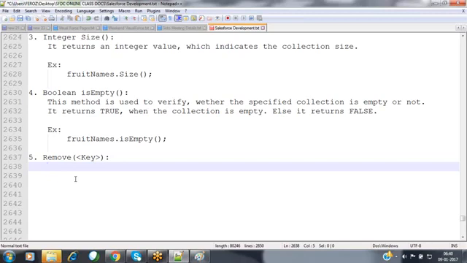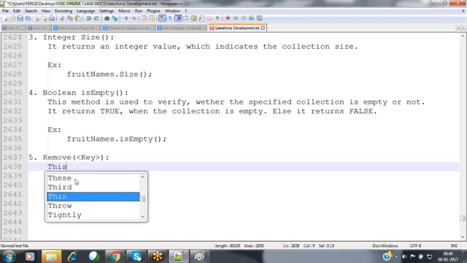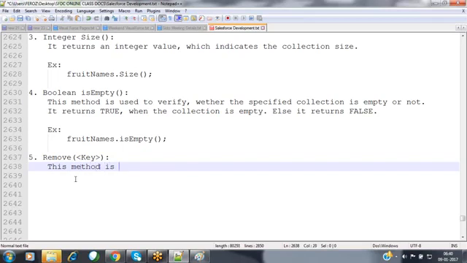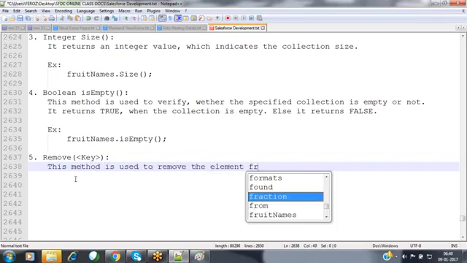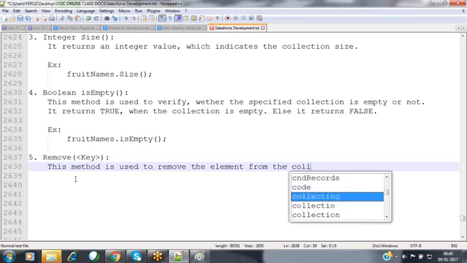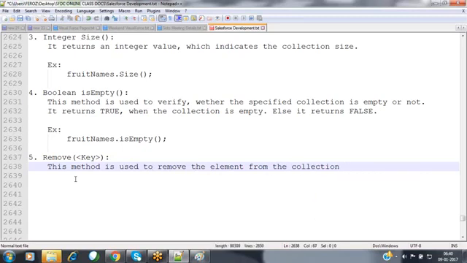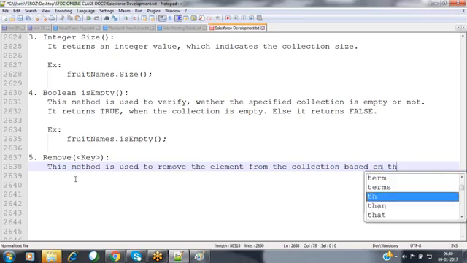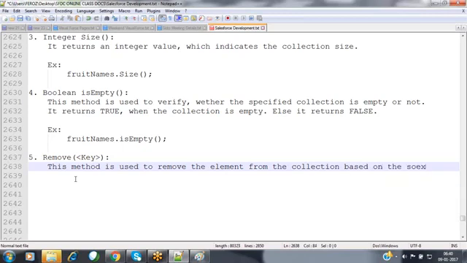If the element exists, then it will remove that element from the collection automatically. This method is used to remove the element from the collection based on the specified key.